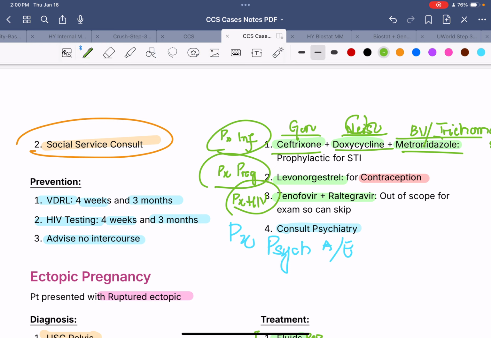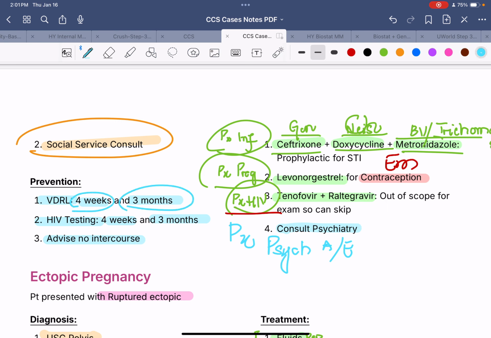Next off, we can prevent pregnancy by giving emergency contraception, which is levonorgestrel, and you can also give ulipristal. And for the prevention of HIV, you can give prophylactic antivirals, which are tenofovir or raltegravir. And for the prevention of psychological adverse effects and depression or stress caused due to this particular event, you can consult psychiatry. And in the further follow-up, you can do VDRL at 4 weeks